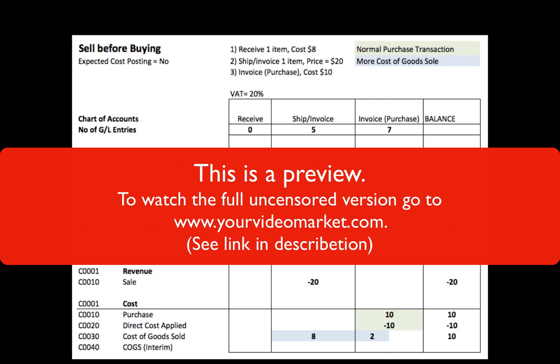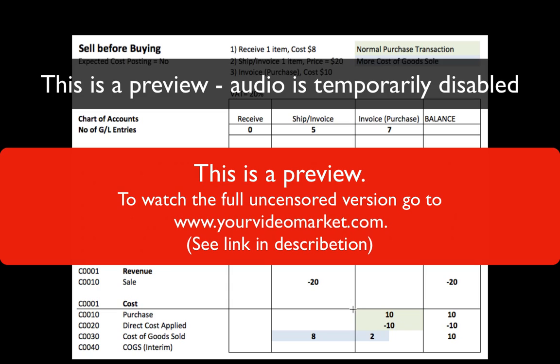those into two different colors. So the first one, let's start with the green one here. The first ones, all those that are indicated with green, could be considered a normal purchase transaction. So we know now that our inventory, or the item that we're putting on inventory, should be put on inventory at a cost of $10. We've also had